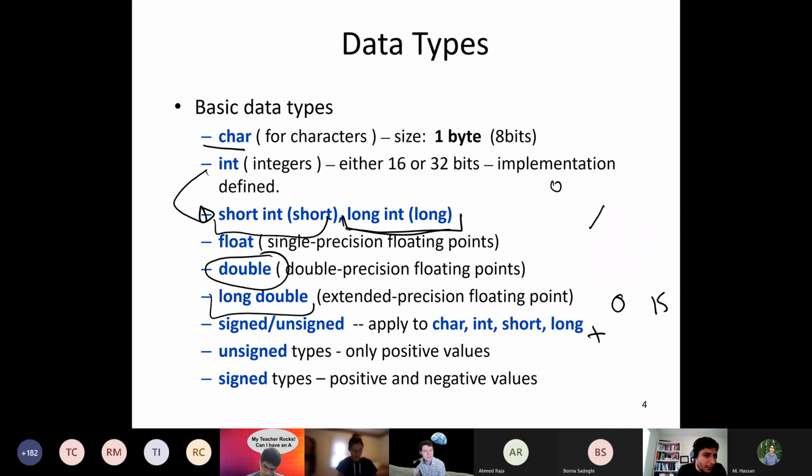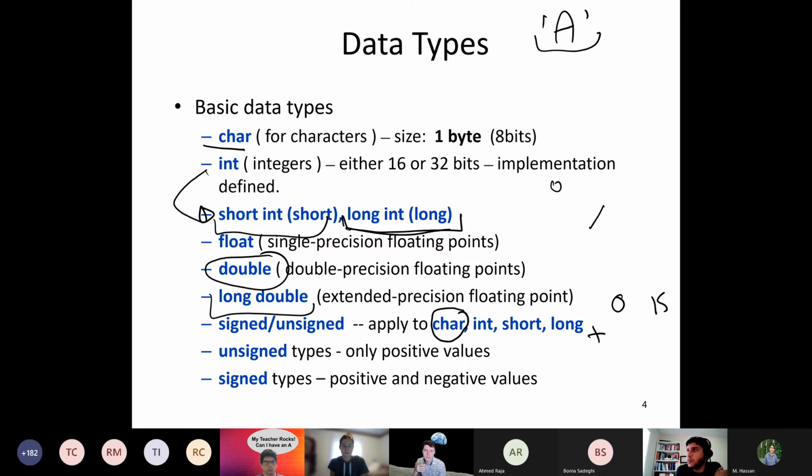Here, I can apply signed and unsigned to all these types because under the hood in C, as we will see later on in some detail, and as you said as well, a character is represented as an int number, right? If you define a character as A, and you want to print it as an integer, you'll get the exact encoding value of A, which is the ASCII code, basically. That's the reason why you can still apply sign to a character.